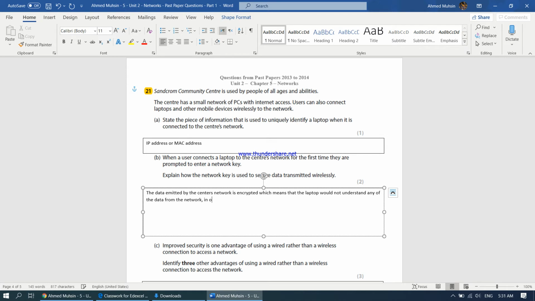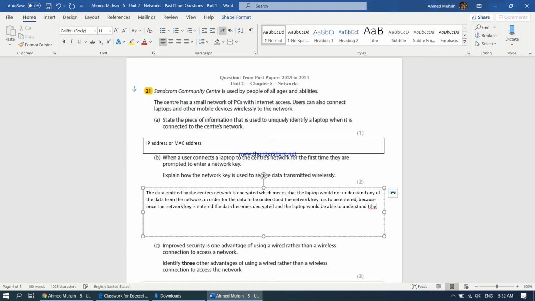In order for the data to be understood, the network key has to be entered, because once the network key is entered, the data becomes decrypted and the laptop would be able to understand